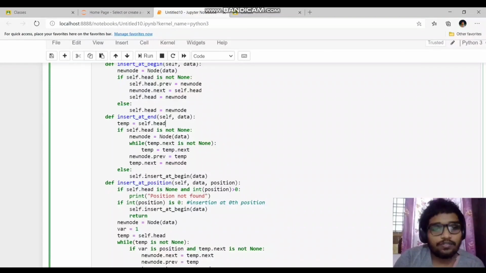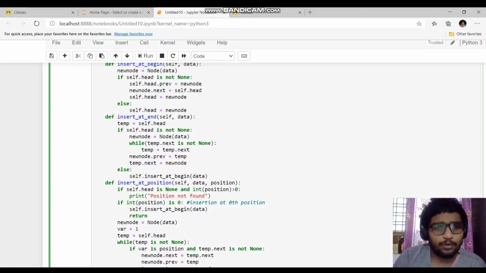So here we use a while loop with the condition temp.next is not None. For each node in a doubly linked list, the next field will point to the address of the next node, right? But for the last node, the next field will be None. So if temp.next is not None, then we will iterate across the list. And if temp.next is None, that means it is the last element, and this while loop will be terminated.